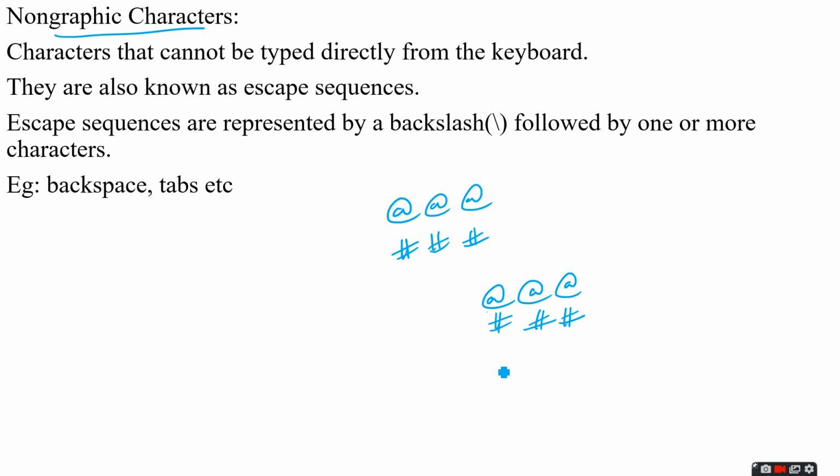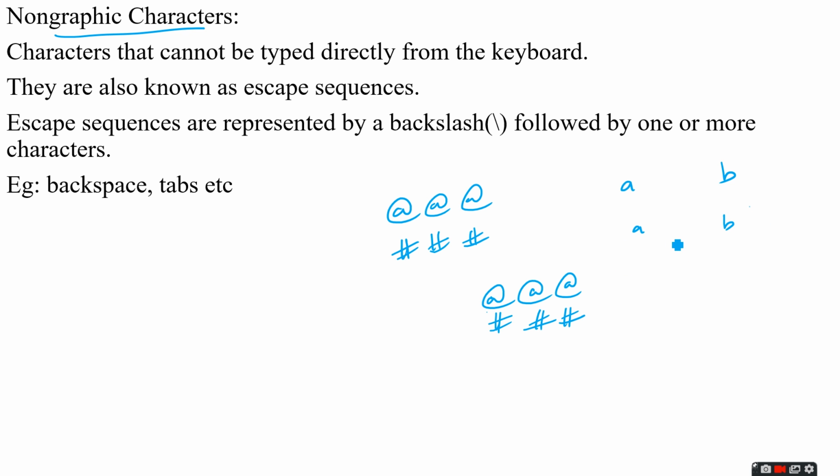But there is no special character for the enter key. That means in order to move to the next line, we need a special character. We have alphabets A, B, C, D, @ like that, but for moving to the next line there is no special key. For that, we have to click on the enter key. It is not possible to directly type it from the keyboard. If you type move to the next line, it will not move; that will be printed. Or, for example, I want to get some space, like A space B. First we will press A, then the space bar, then B. Then only we will get this result.